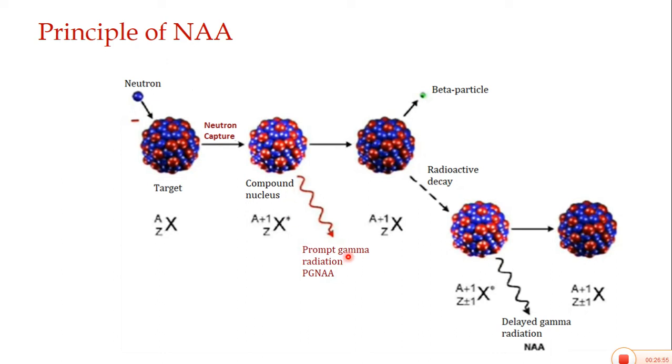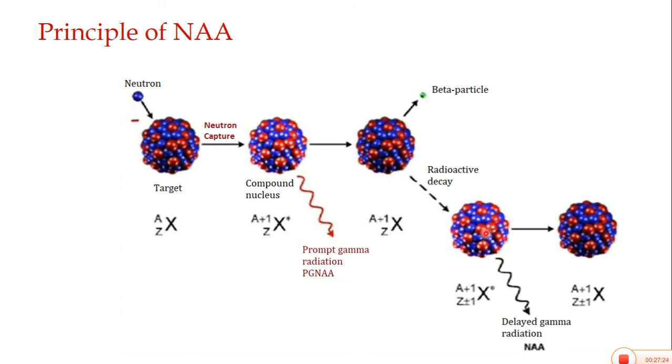It should be in your mind that the gamma radiation emitted by this nucleus is the only characteristic of this nucleus. The spectra and the pattern of gamma radiation emitted by this nucleus are specific for this nucleus. No other nucleus has the ability to produce such a particular spectra as is formed by this